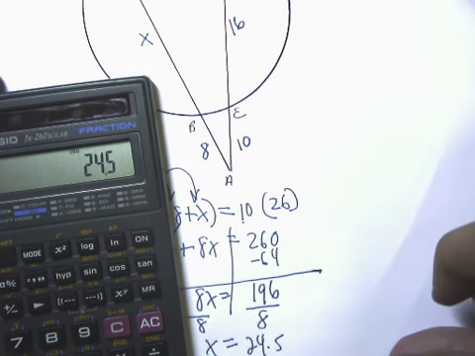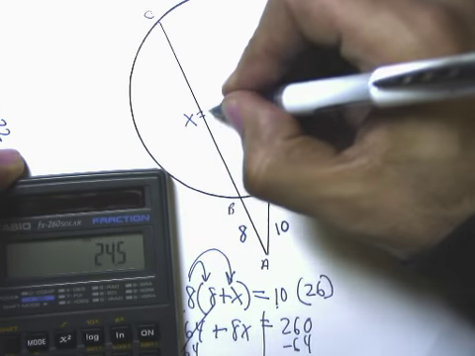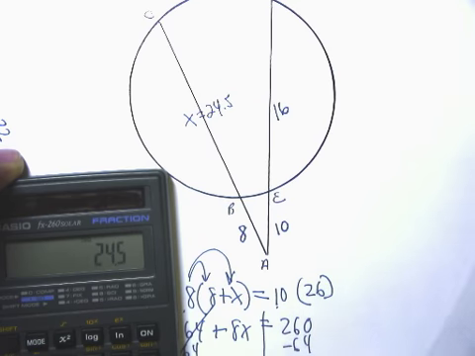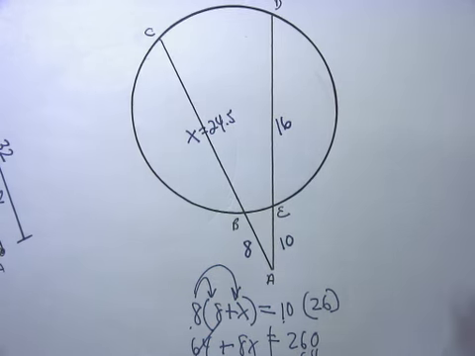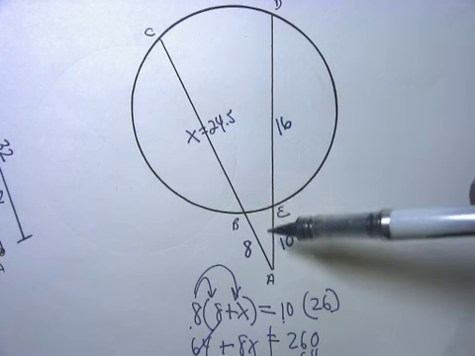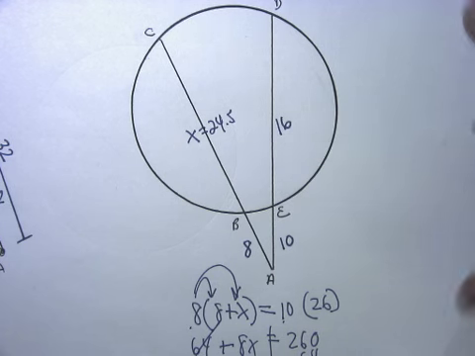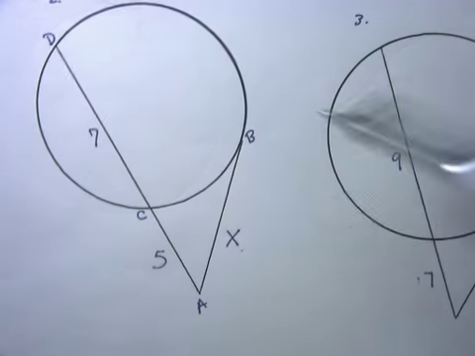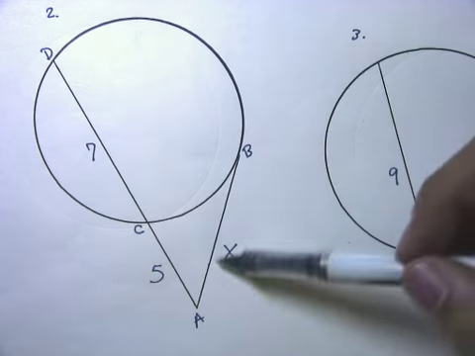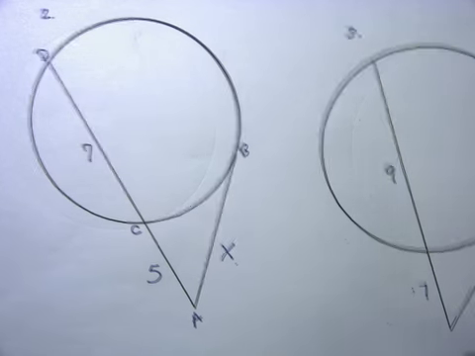Now I'm going to divide both sides by 8. And x is going to be equal to 196 divided by 8 is 24.5. So this part right here is 24.5 units long. And that's how we find the length of 2 secant lines in a circle. Next, we're going to talk about